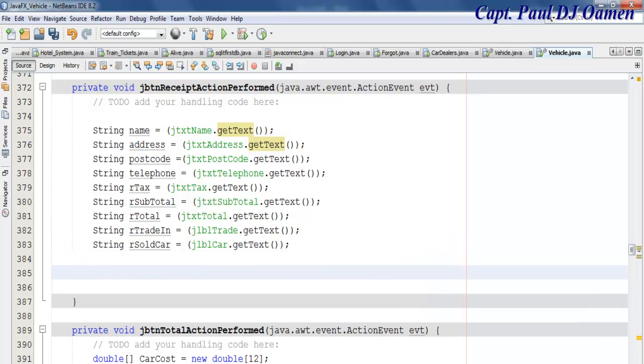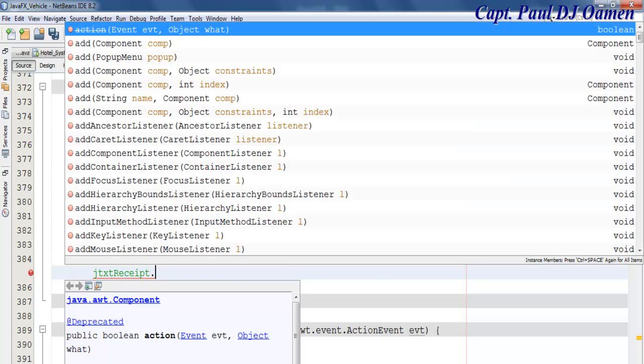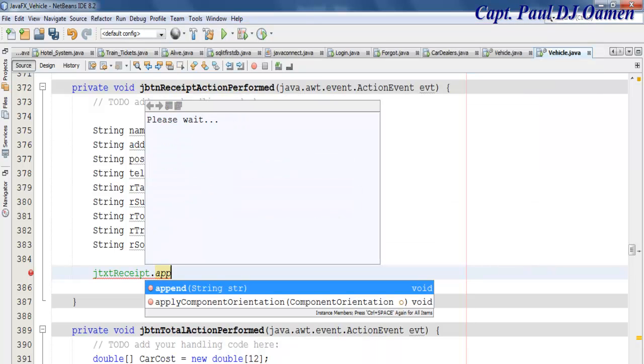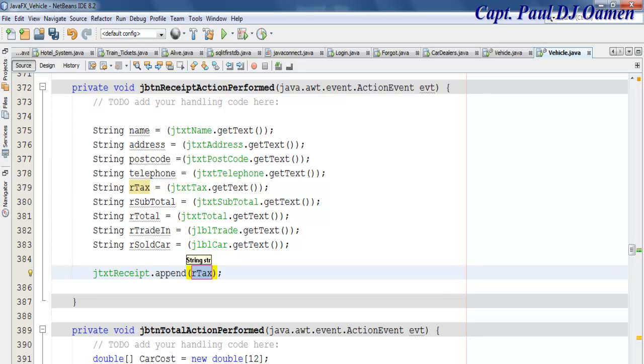So come right down here for the receipt. Let's say jTXT receipt dot append. There we go. Dot append, and what I wanted to append is as follows. Let's say /tab car dealer system, right there, and